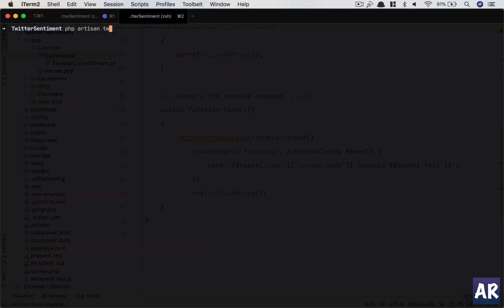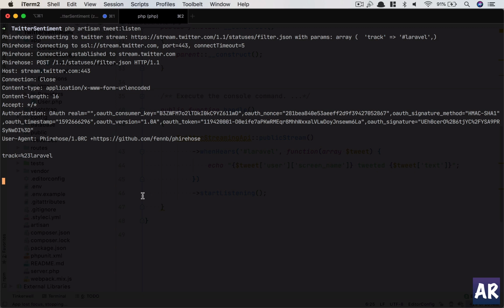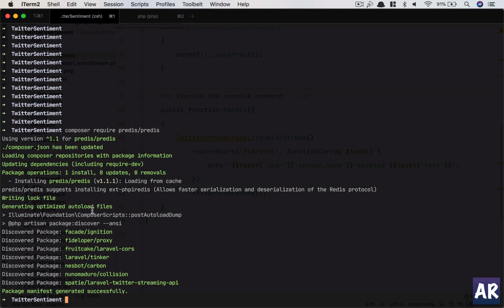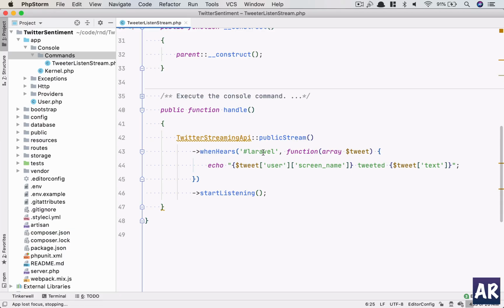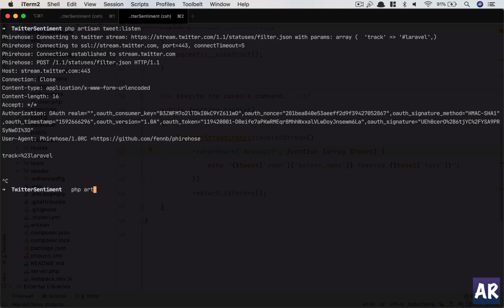php artisan tweet listen. Okay, while this is running, we have our Redis package installed as well. So all those things are done, and I need to wait for a new tweet to come up. Why don't we try something a little more popular maybe? Let's try COVID-19. I hope this will give me a little more data. So php artisan tweet listen,